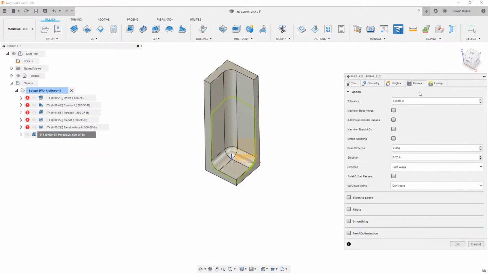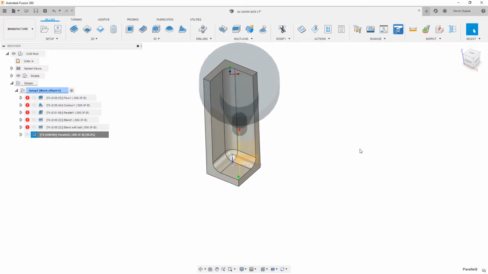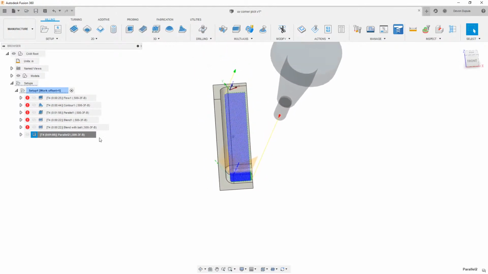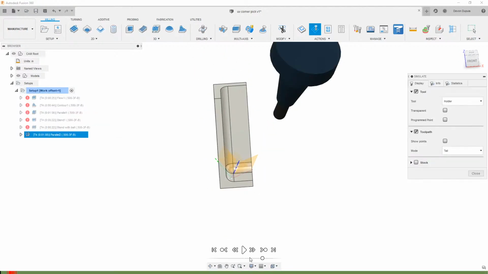We could certainly tighten this up a little bit, which wouldn't be needed. This is just for demonstration. But if we put in here 20 thou, we see we're getting a nice tight toolpath. Now, if I look at this or I simulate this through and I see that this isn't really what I